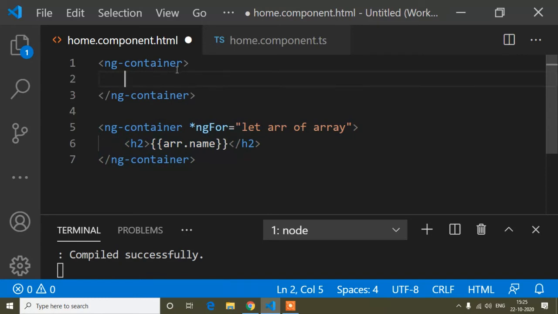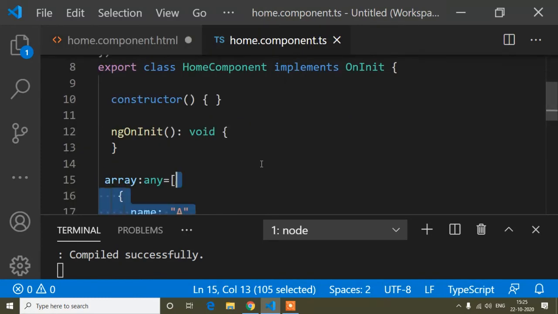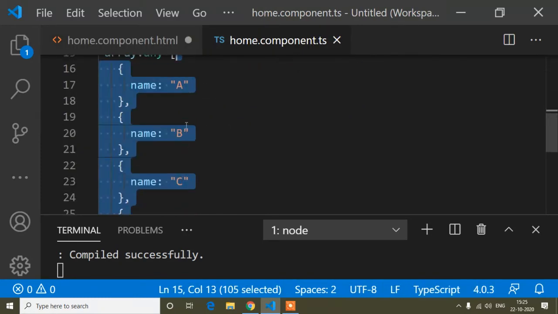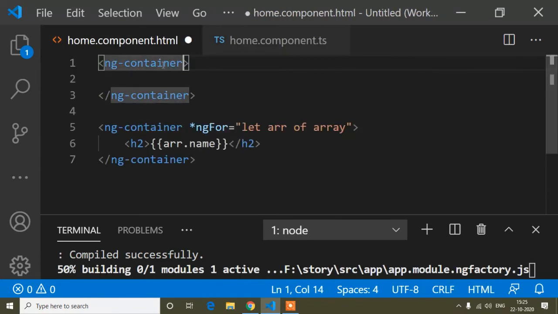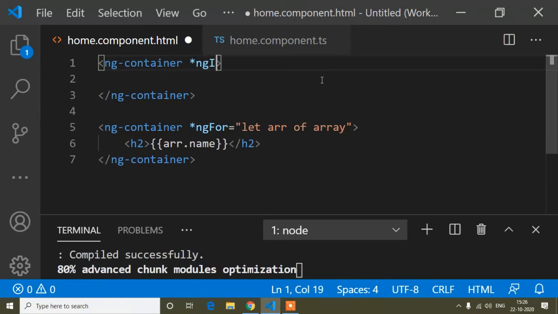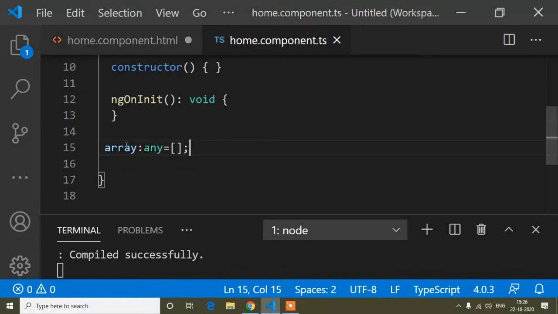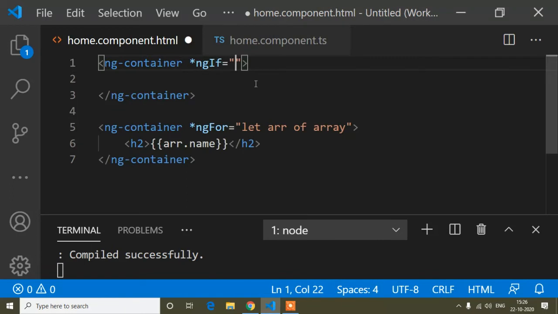So inside this ng-container I will remove this data from here. Suppose now the array is blank, and now I will write an if condition. So *ngIf, and inside this if condition I will write this array.length not equals to blank.